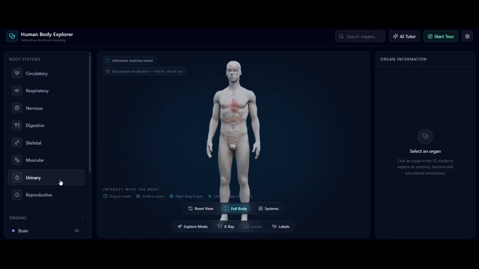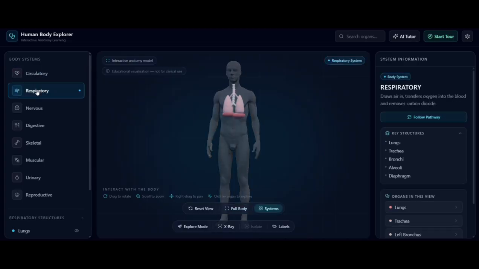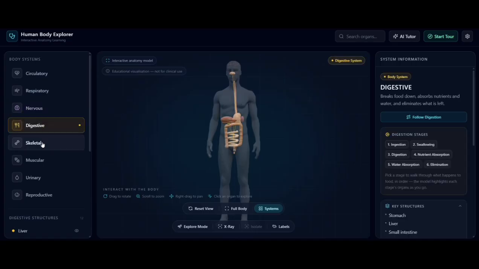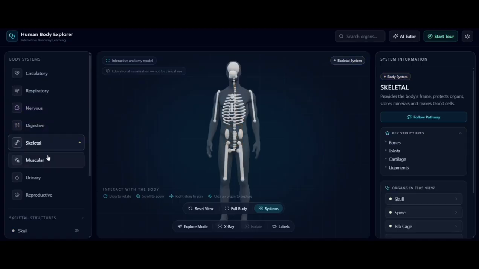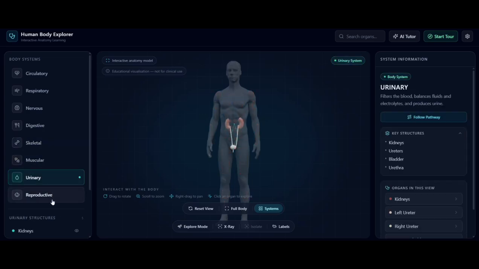Two things do it properly. A cadaver lab, which needs a medical college. And licensed 3D anatomy software, sold per seat, per year, priced for hospitals. Neither reaches the classroom. So we built Human Body Explorer called BioVerse, a 3D anatomy lab that runs in a